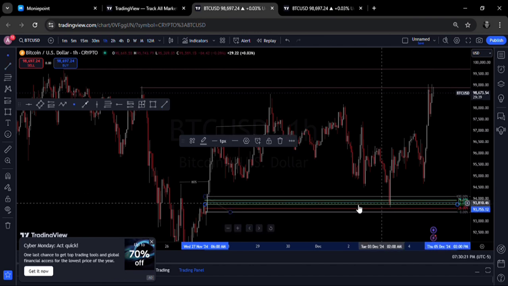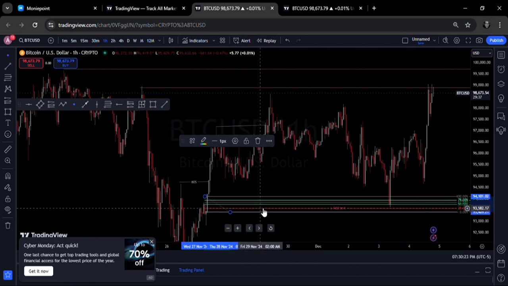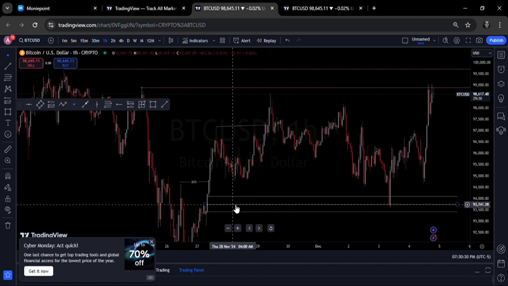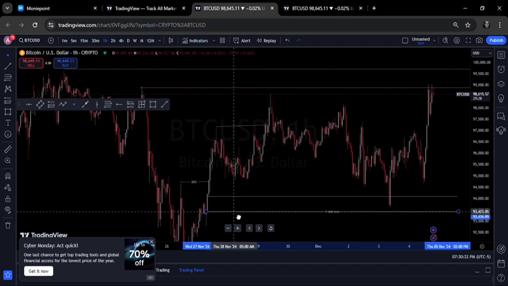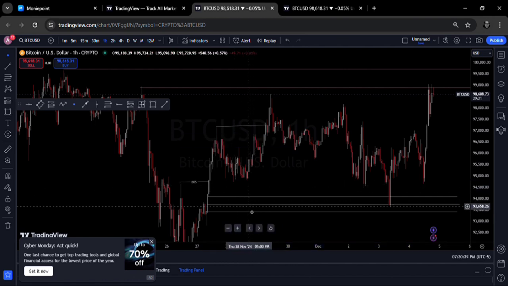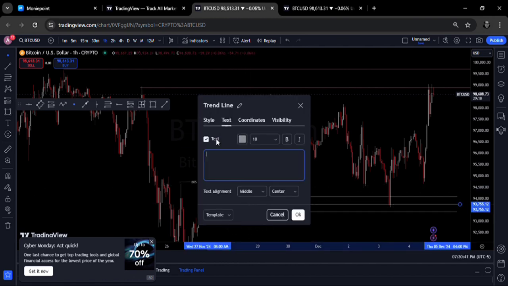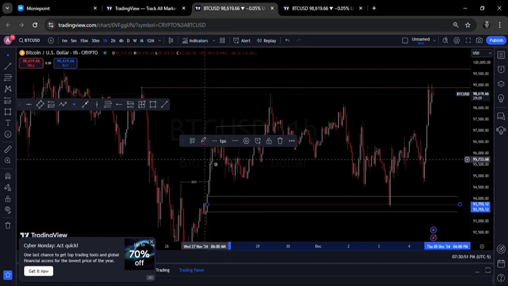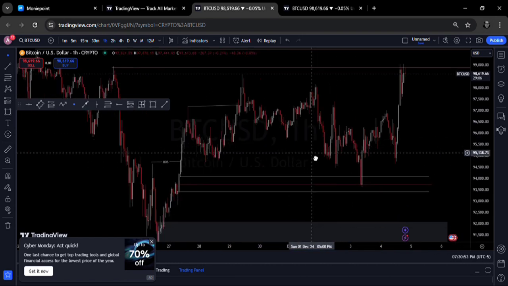So after I found it, then I deleted the Fibonacci retracement tool, which I can even eyeball, like use my eye to find it, but I just want to be sure of what I am drawing. That's why I use the Fibonacci retracement tool, which you can do the same if you wish to. Understand? I found the consequent encroachment, and I marked it. So as I saw these things,